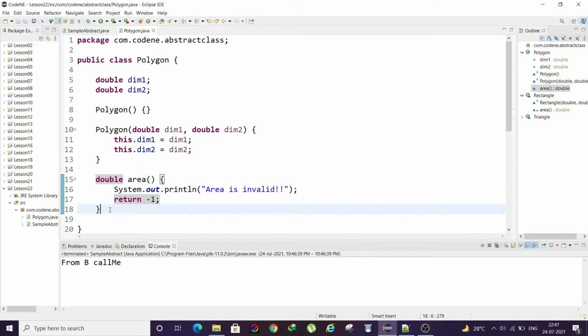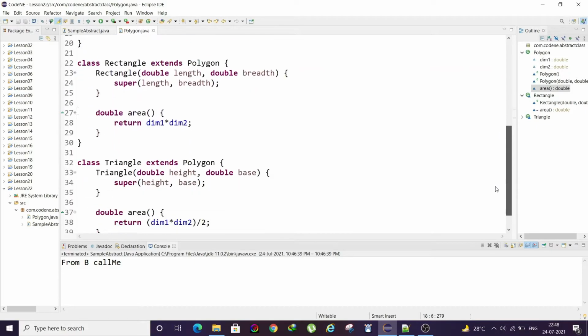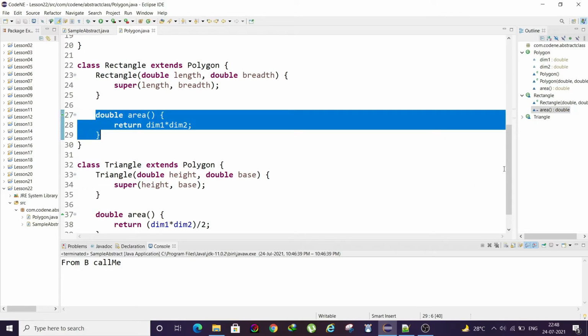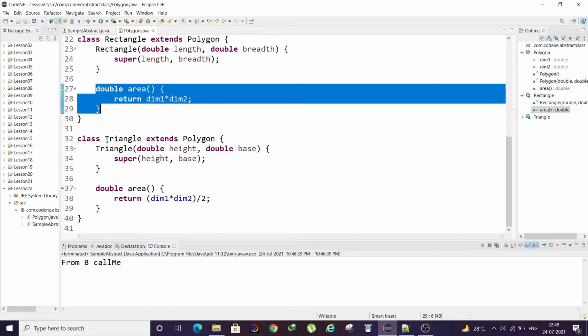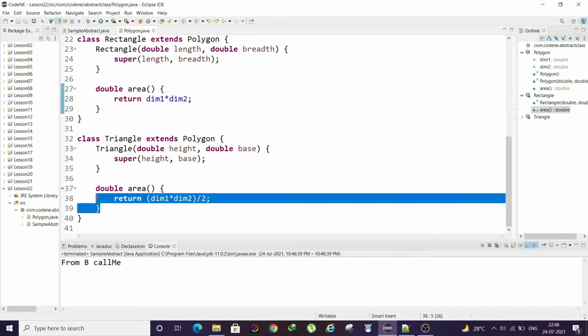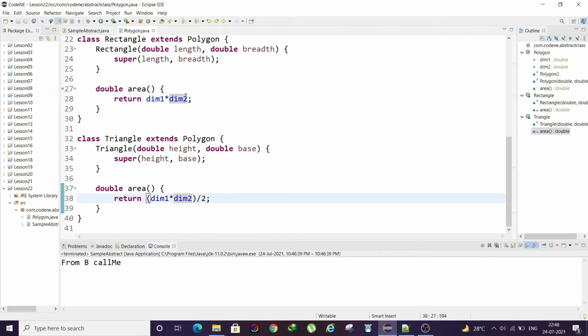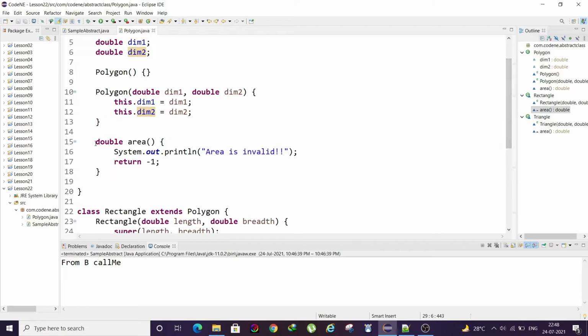In such a case where you have a method that need not have a body in the parent class, then you can name the method as abstract. But here if you notice that whenever rectangle is called, it has to override the area method. Similarly, whenever triangle class is called, it has to override the area method as well, because both have different logic, so overriding is compulsory, right? So in that case also abstract needs to be used.